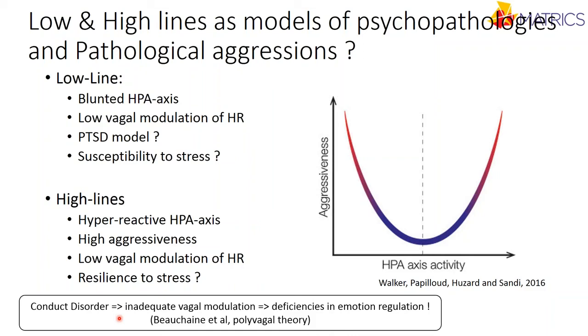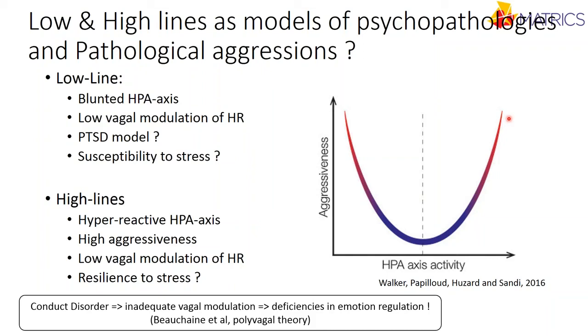So this is also why we think that this line could be a good model of conduct disorder, since conduct disorder has been shown to have an inadequate vagal modulation, as well as deficiencies in emotion regulation. And moreover, this could maybe also be a model of resilience to stress that we would like to test further. And I would like just to show this U-shape that we already suggested in a review, that the